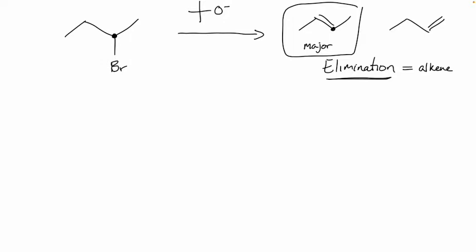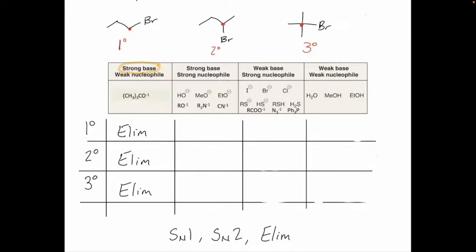All right. So going back to our chart here, again, this category I said was easy to fill in because these are things that are strong bases, but they're weak nucleophiles. So they're going to be the type of reaction that bases like, which are, again, elimination reactions. The other category that's a little bit easier to fill in is the flip side, where you have a strong nucleophile, but a crappy base. Nucleophiles promote what kind of reaction? Not elimination, but